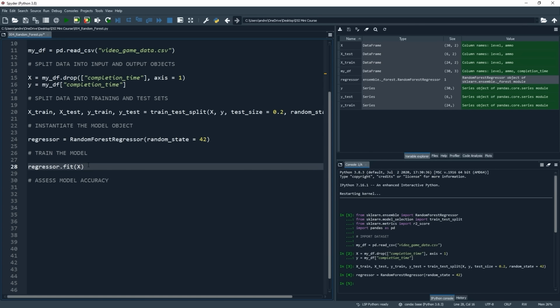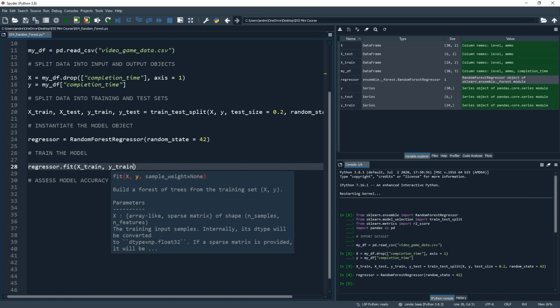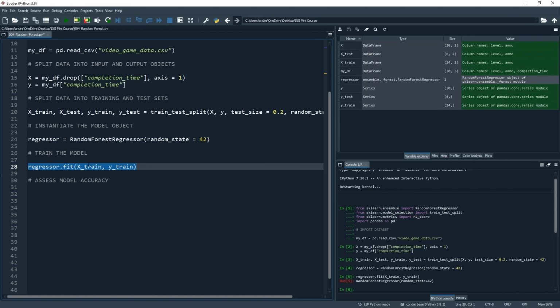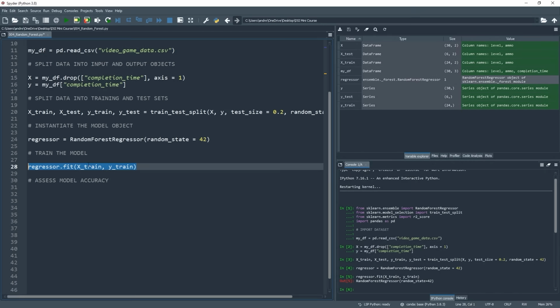So X_train, comma, y_train. So let's run that line of code, and just like that, our model has been trained. And this is pretty mind-blowing when you think about it. Scikit-learn makes things so clean and easy that in this very simple and short line of code, we have trained our random forest model. Very, very cool.